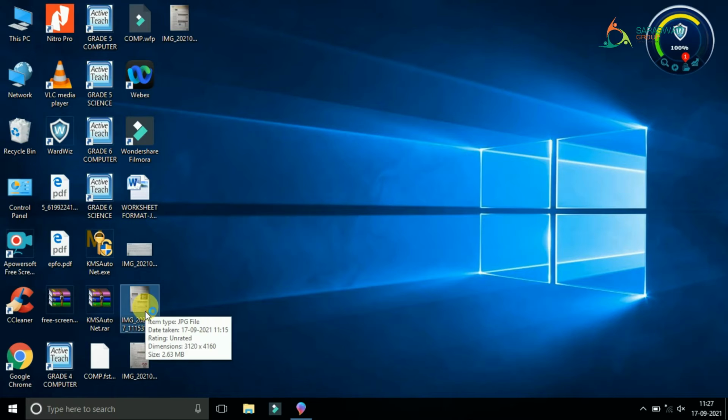So come to page number 31. This is your page number 31. Steps to start Paint 3D, right? First we will see the theory portion. To start Paint 3D, follow these steps. First, type Paint 3D in the search box next to the start button. Where is the start button? Here, always on the left side. And beside the start button, there is a search box. Here it is written, type here to search.